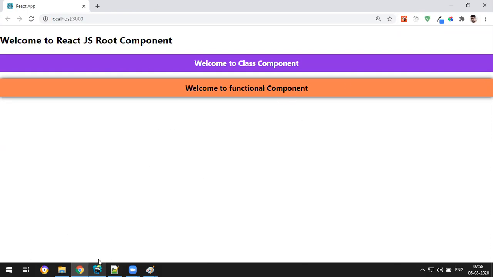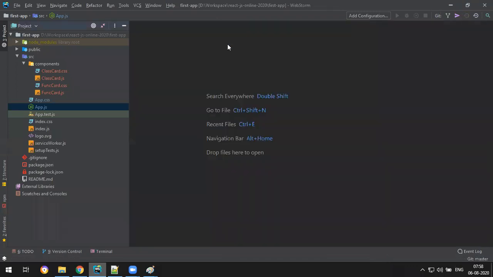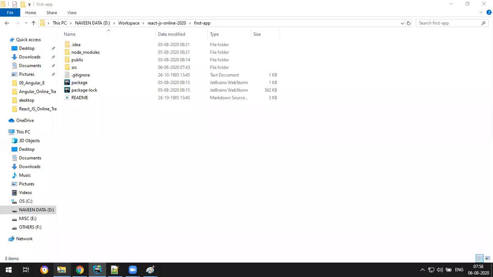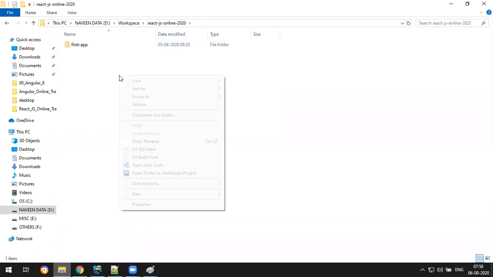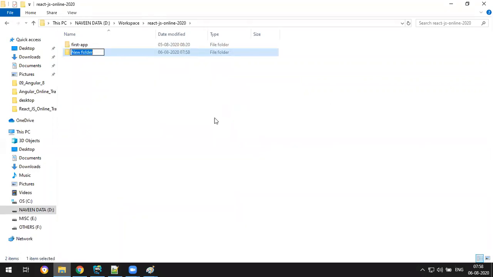So I'll just take a backup of this source code so that we can create our own component now. So what I do is I'll just take all these things as a backup. Okay, now see what I'm doing. This is a very, very important step. Here, I create a new folder, React fundamentals. Why I create React fundamentals is because first we started with the React fundamentals module.